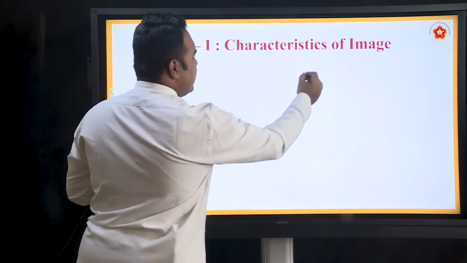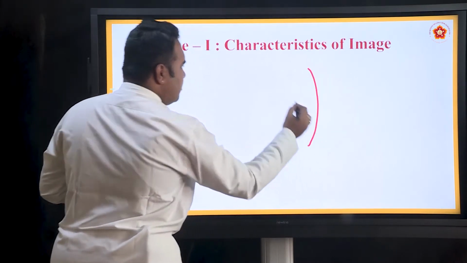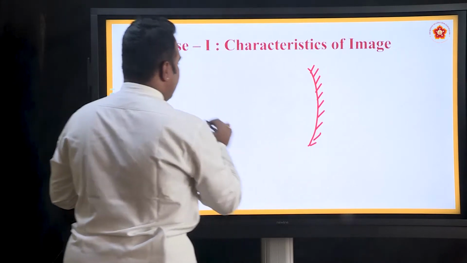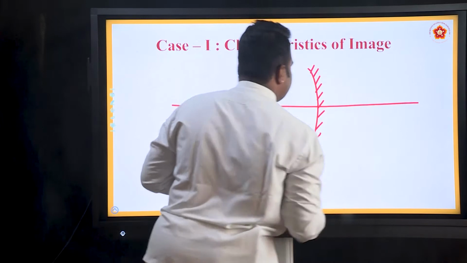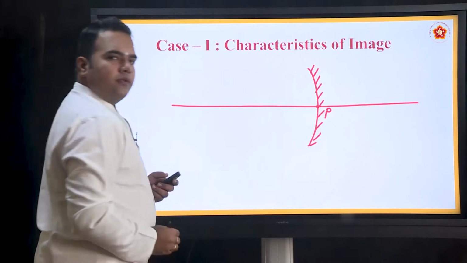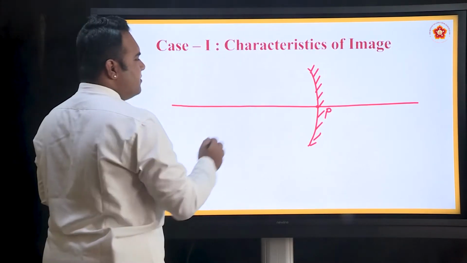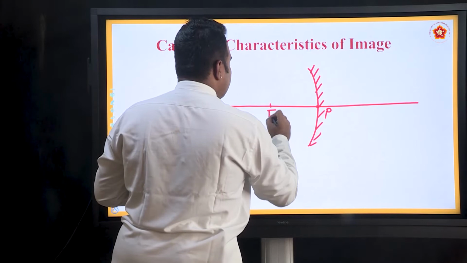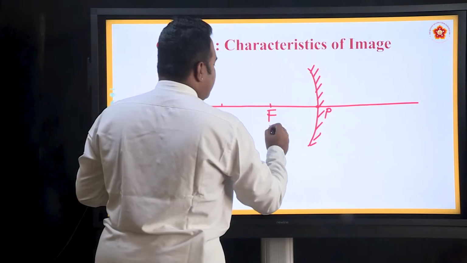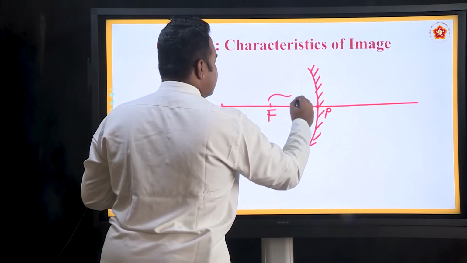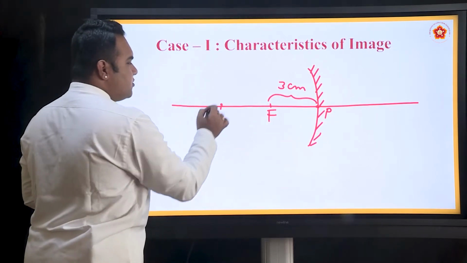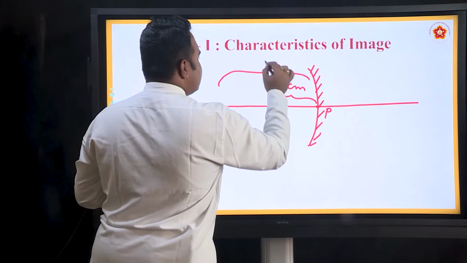Now suppose you are asked to draw the ray diagram, this is how we do it. We know the concave mirror, we draw it like this and shade the outside part, and using a scale we draw a straight line passing through the center of the mirror, and this is called the pole. Now we need two points in front of the mirror, the focus and the center of curvature. And you also know that if you put the focus at 3 centimeters in front of the mirror, the center of curvature should be exactly at 6 centimeters.